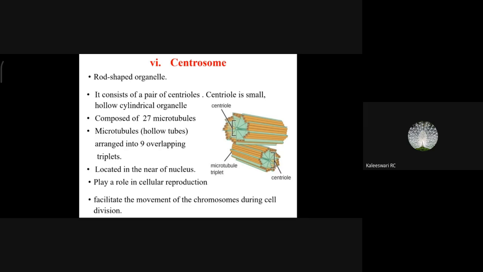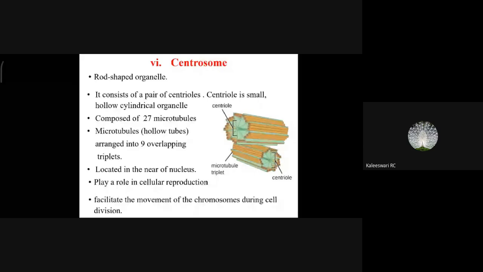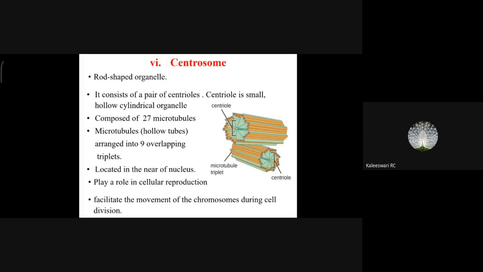Each plate or each group is known as a triplet. Triplet means containing 3 centrioles. 3 centrioles are contained here. That is why each plate is known as a triplet. So these centrosomes are located near the nucleus. So we will go for the function of centrosome. Function of centrosome is